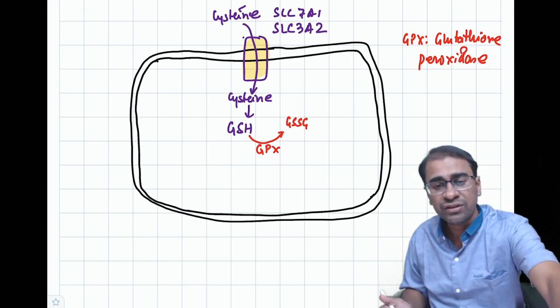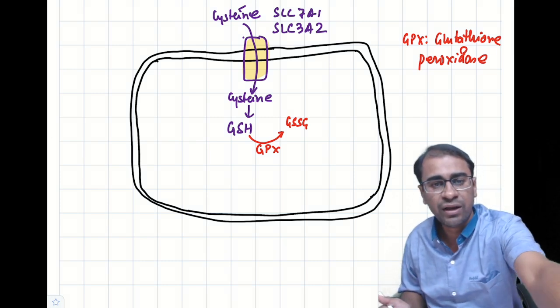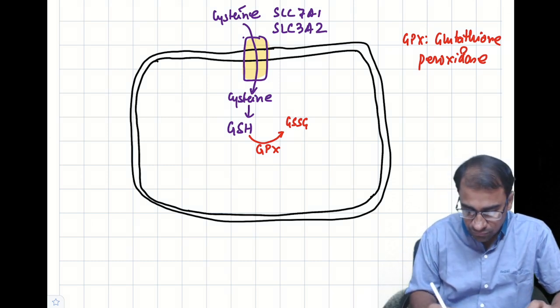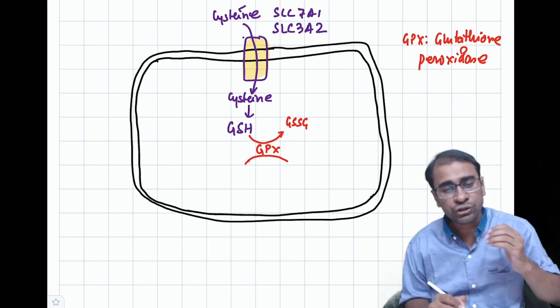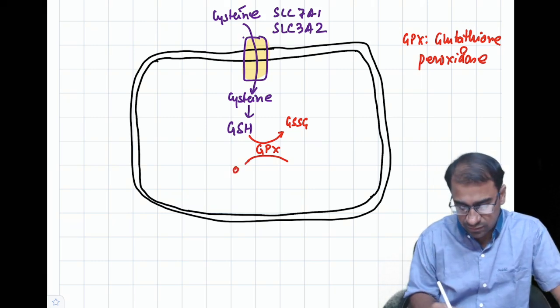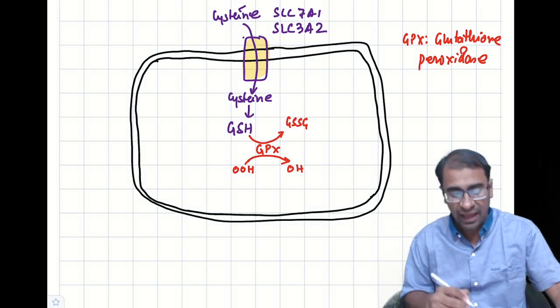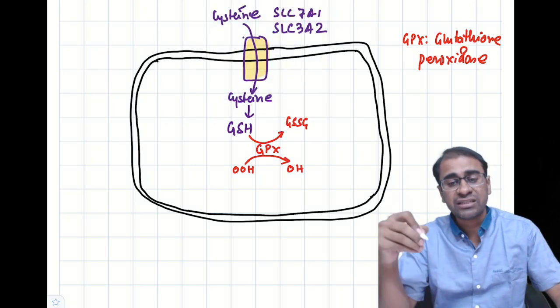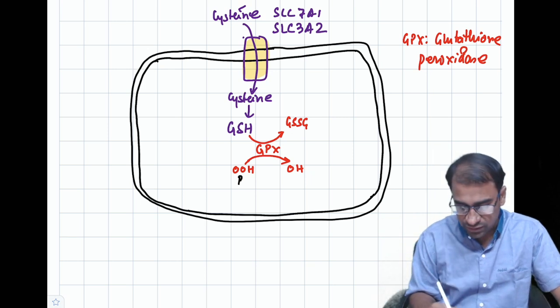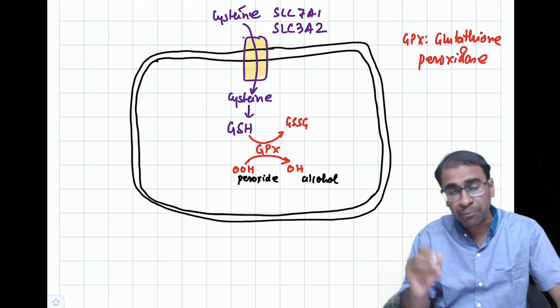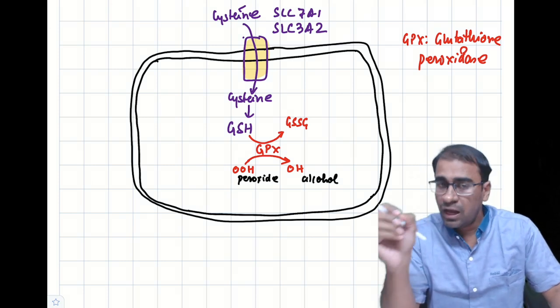Because of it there is one more change that happens. It also converts the peroxides, that is OOH, into alcohol, OH. As you all remember, the OOH is actually a peroxide, and this will convert to an alcohol, and this will prevent the free radical injury. However,